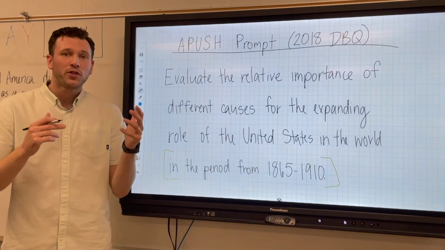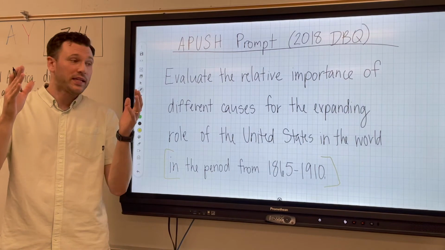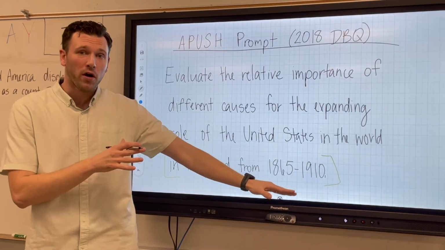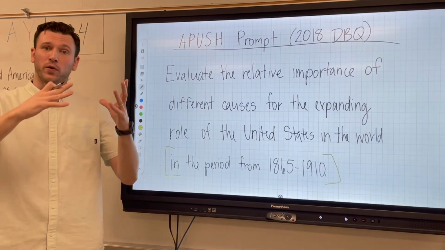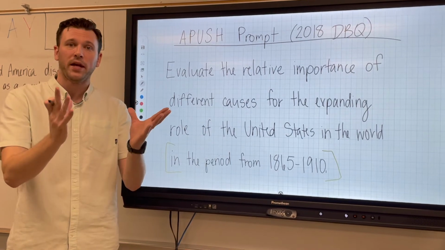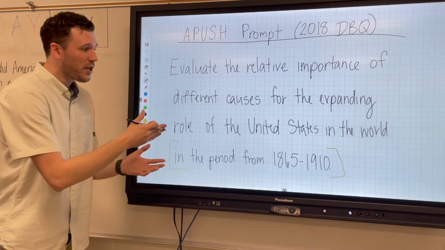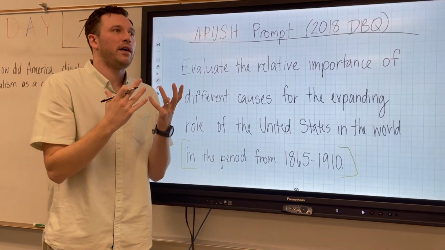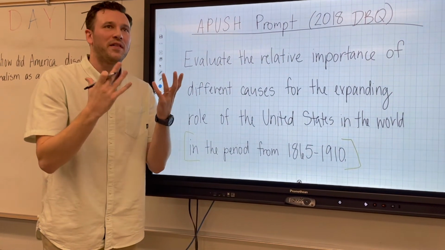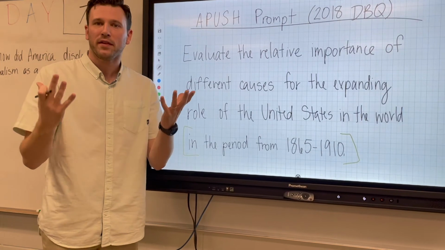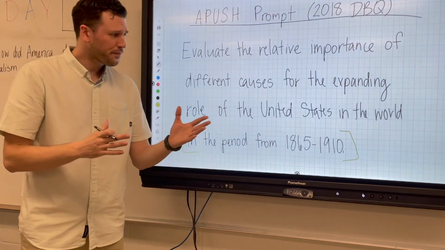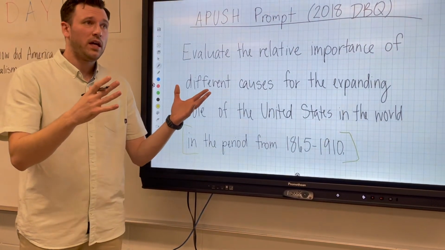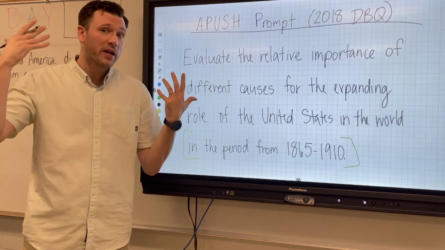If I'm an APUSH student, I should immediately go to period 6. The nice thing about starting here, for one, is that AP gives us these really nice chunks of history, these periods, and their prompts follow those. So a kid goes to period 6, the zeitgeist, the spirit, the movement of period 6. What's it about? The Gilded Age, imperialism, these different things we think about. And so not only does it allow them to understand the prompt better, they're probably already thinking of context when